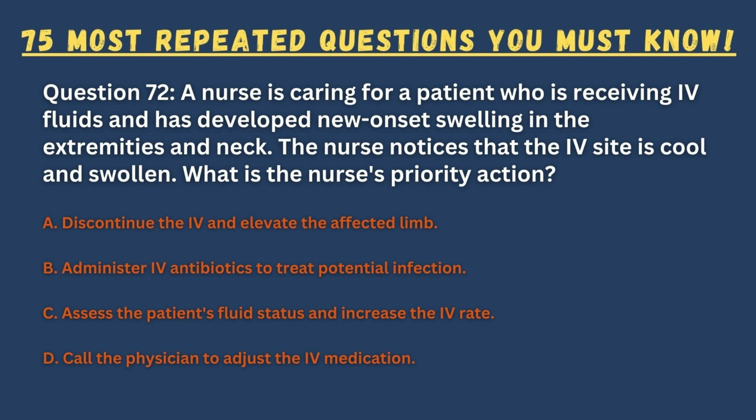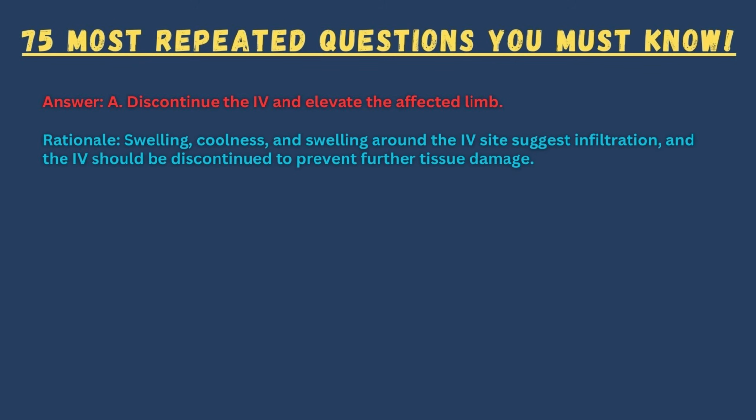A. Discontinue the IV and elevate the affected limb. B. Administer IV antibiotics to treat potential infection. C. Assess the patient's fluid status and increase the IV rate. D. Call the physician to adjust the IV medication. Answer. A. Discontinue the IV and elevate the affected limb. Rationale. Swelling, coolness, and swelling around the IV site suggest infiltration, and the IV should be discontinued to prevent further